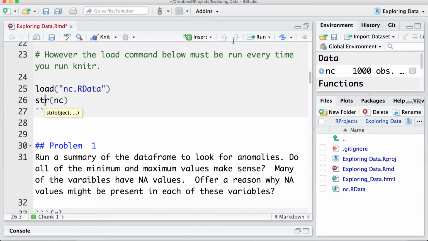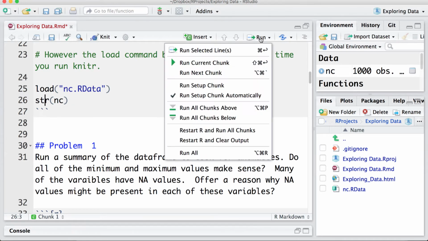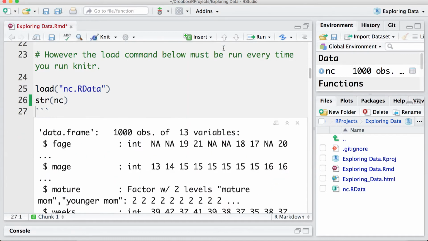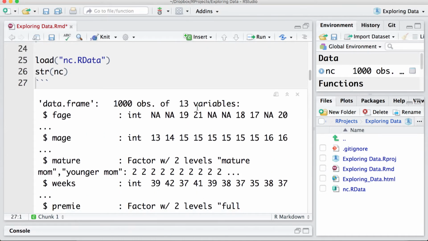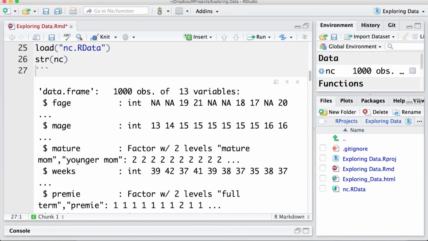str(nc), run selected lines, and we see what's in it. And if you've looked at the, and I hope you've looked at the documentation on the Open Intro website, you see that you've got 1,000 observations of 13 variables: father's age, mother's age, mature, which classifies the mother as to being mature or younger,